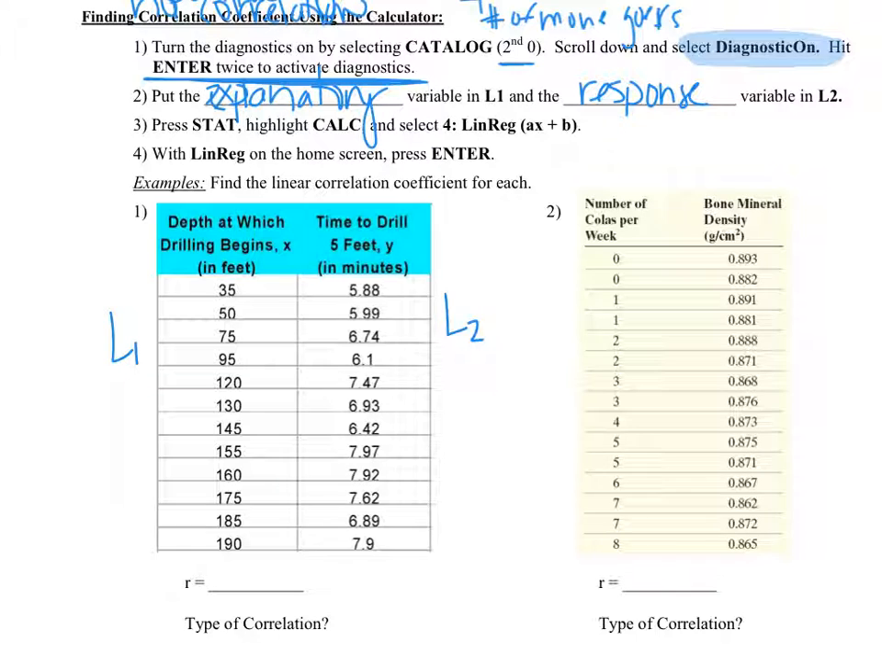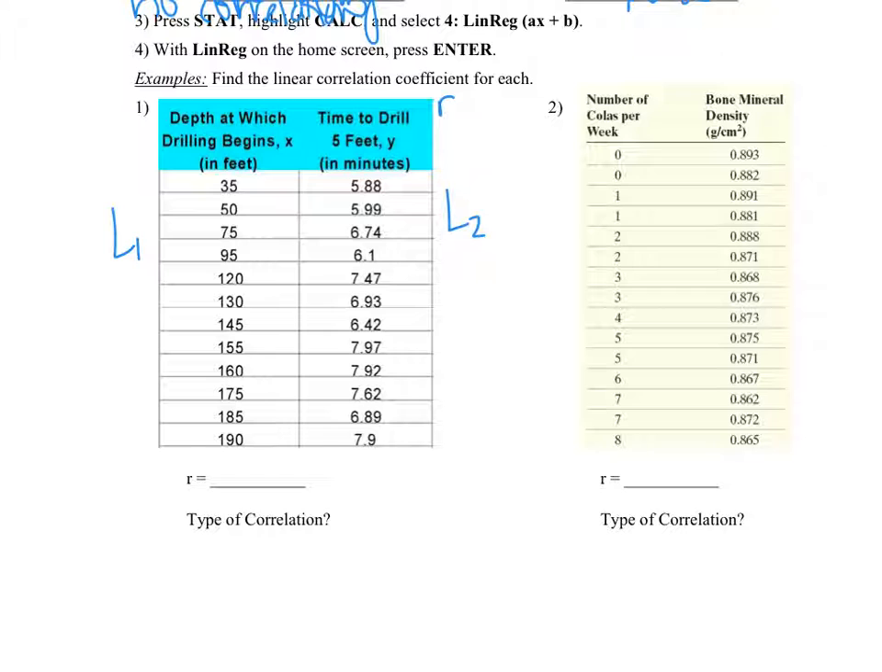Remember that the correlation coefficient is R. So once you type in stat, highlight calc, and select 4 for linear regression, you go ahead and press enter. Some of you might have more of a list. Then just make sure the first list is L1, the second list is L2. And then we're just going to find whatever R is. So in this example, R is